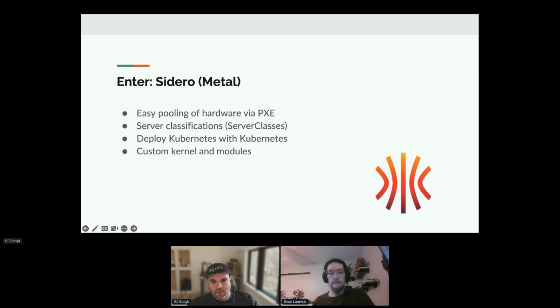Deploying Kubernetes with Kubernetes. So that means, I think in the beginning, Andrew mentioned how if you wanted to deploy Sidero in your data center, you would sit there with a laptop, deploy a single node Kubernetes cluster with Talos, just spin up one Talos node, and then install the Sidero control plane onto it. And then using that, you build your first full-blown Kubernetes cluster, maybe on bare metal of, I don't know, 5, 6 boxes, whatever you want to start with, and then actually migrate the control plane over to that full-blown cluster.